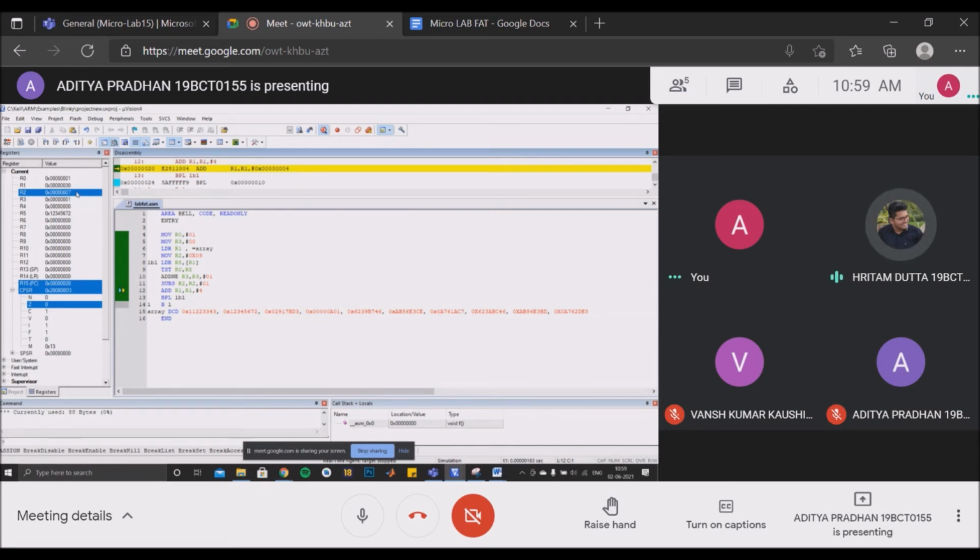And similarly, at the end of the program, for all the odd and even elements, you can see the count of odd elements being stored in the R3 register. Aditya will now show you the final execution of the program, where you can see R3 is being loaded with the number 5 at the end, because we have 5 even elements and 5 odd elements, and we are counting the odd elements in this particular program. As you can see, R5 is continuously changing as we are loading each array element here and checking respectively for each of them.